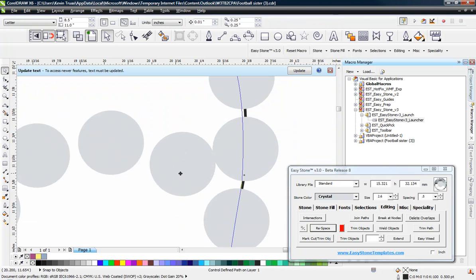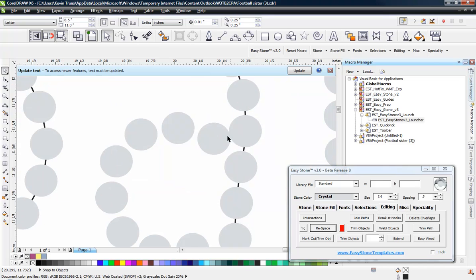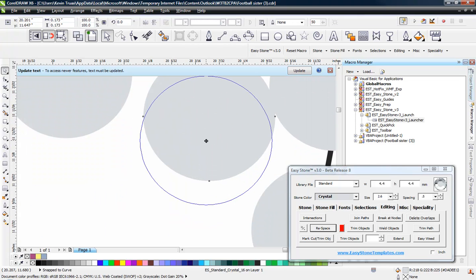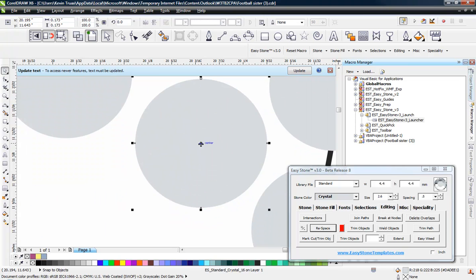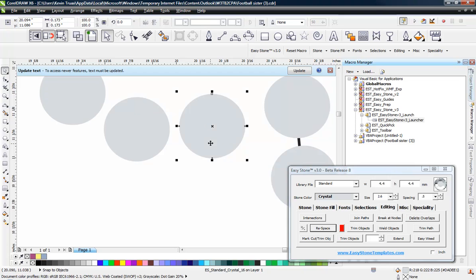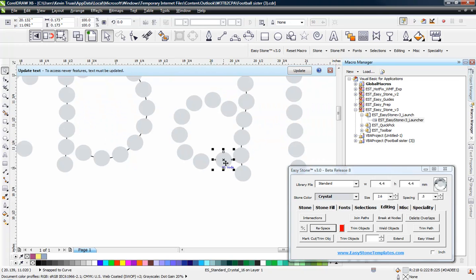Then what we're going to do is, see, I can't grab that stone because it's actually wanting to grab the blend. So if I hold down my Alt key and then click on the stone, then it'll grab the exact stone I want. So we're going to hand place that first stone, just like we did with our letter B. We're going to hand place this last stone, and then we're just going to grab our 3-point curve tool